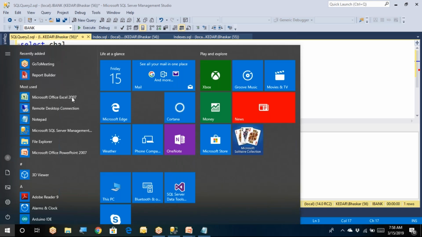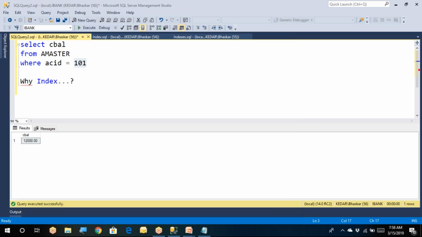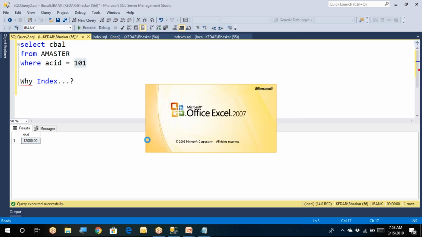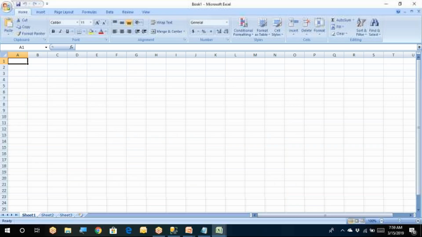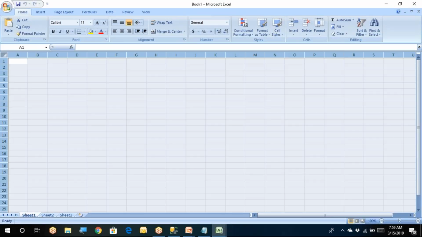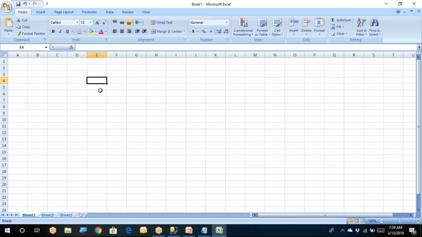Normally in real time, whenever you go in for indexes, let me create a table first. I'm creating a table in SQL Server. Now this is my table. The table name is called account ID,